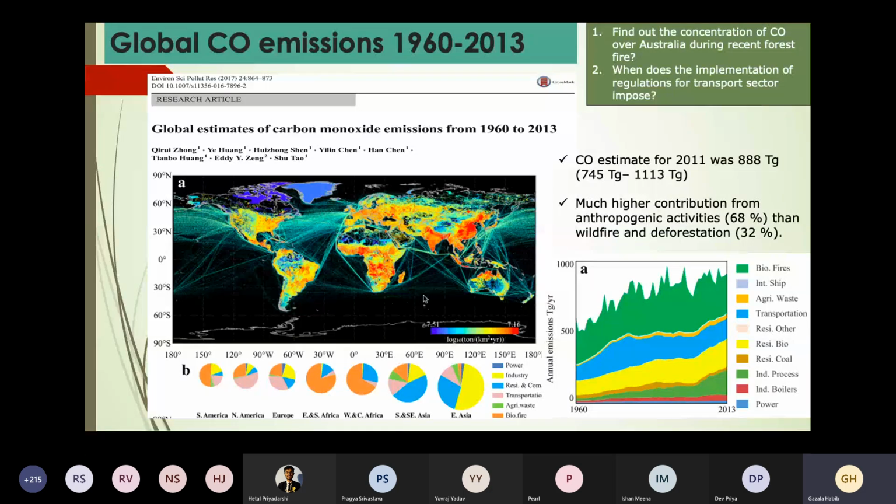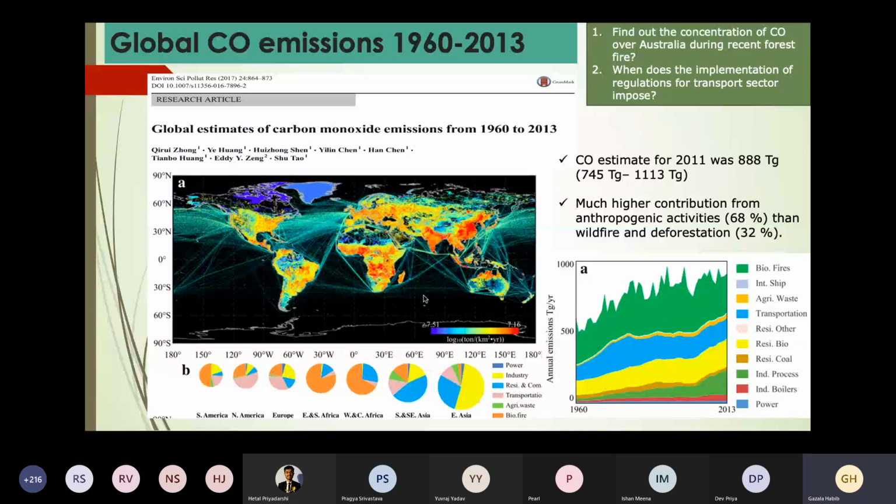Okay, so you can see the pink on the left hand side is high in developed countries, Europe and North America, right? After 1980 in these developed countries, regulation was implemented, and that caused a reduction, or you can say it actually controlled the emission of CO from these countries. Okay, so that was the reason.